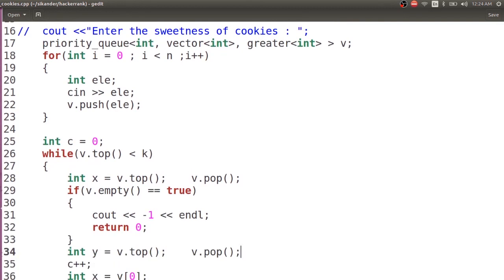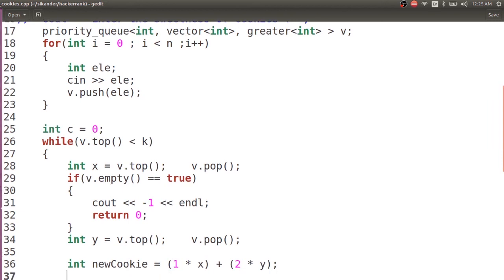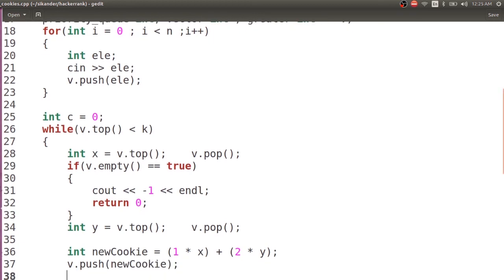Otherwise, I'd like to take the second element, and after taking up the second element, I'd like to perform this calculation, that is new cookie equal to 1 into x plus 2 into y, right? Now it's better that you place this parenthesis out here. Even without the parenthesis, we know that multiplication has higher precedence. Once you perform this, you can add this up. To add up, we'll just write v dot push and we pass on this new cookie, right? And since we have performed this operation, I'll just say C++,